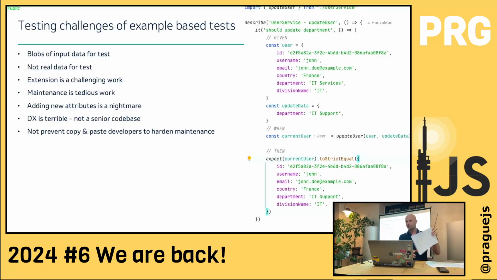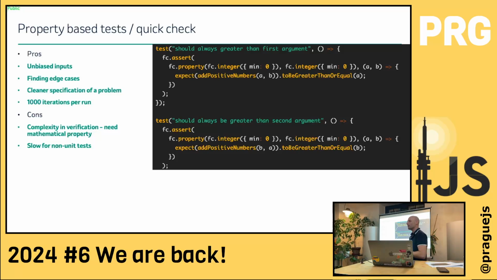Let's show a different challenge. Does anyone know property-based tests? Hands up, please. 1, 2, 3. Okay, or QuickCheck. Still just 3 hands. So this is a kind of extreme case of writing tests, especially used in some functional languages like Haskell, or more functional variants. And this is JavaScript, right?